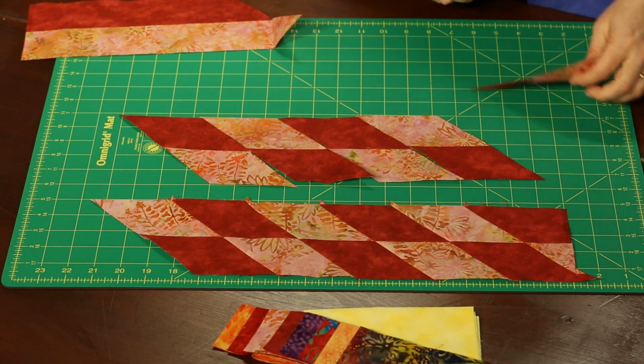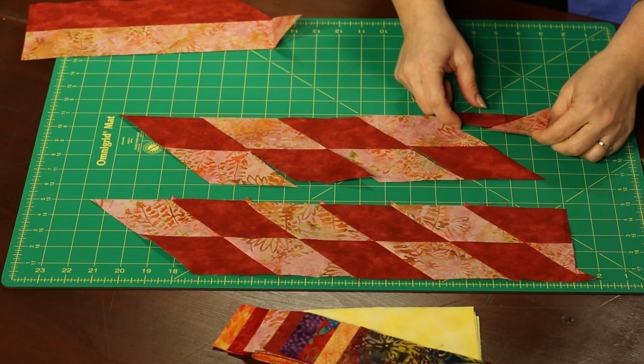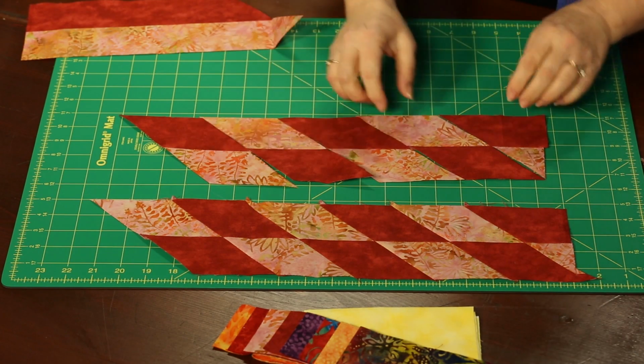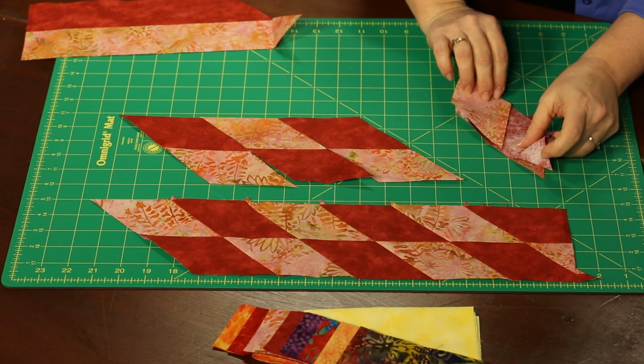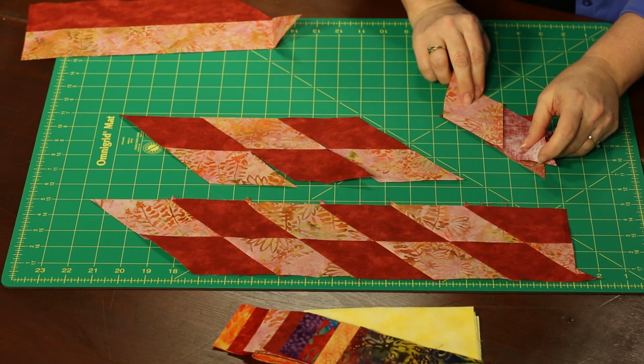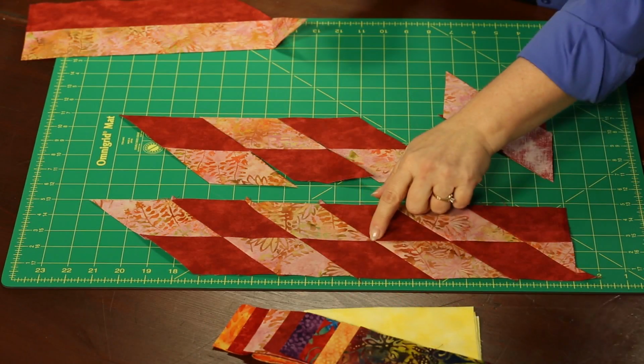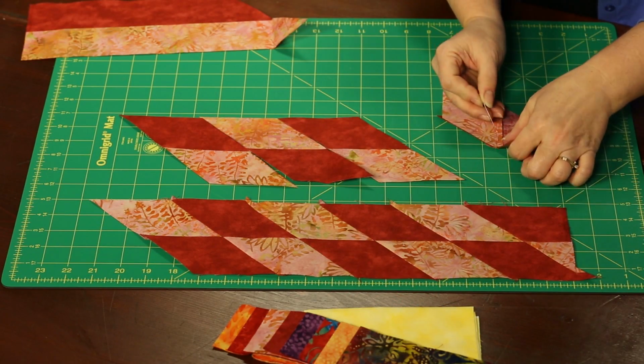Remember that first cut we made? This little piece? He can go right here. Now, join rows together, just like you would when you were piecing. You are going to want to come in with a pin. If you want these intersections to just kiss, point to point, you're going to want to take